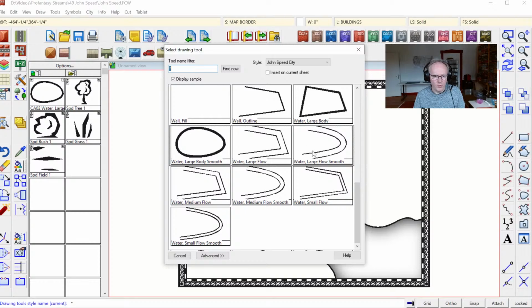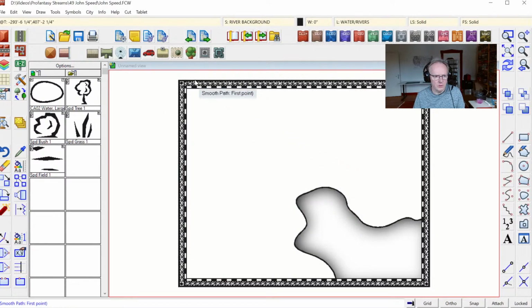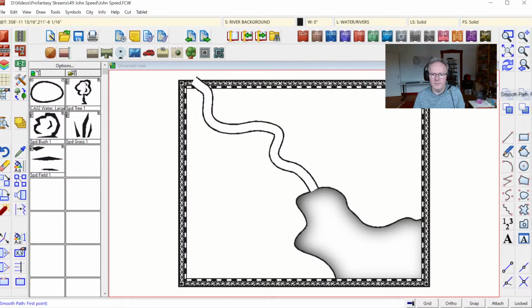We want something smooth and fairly large, so I'm gonna choose the large flow drawing tool, and again just start beyond the map border and draw a river tool. Finish at the coastline here,